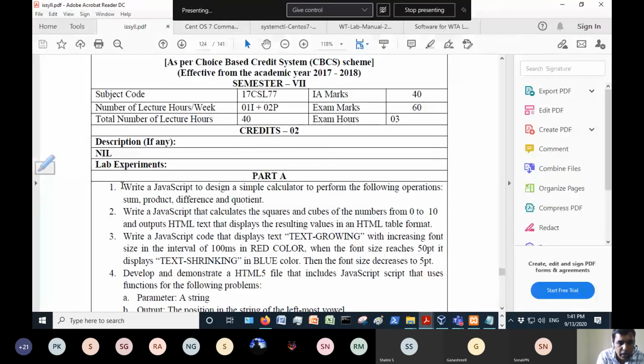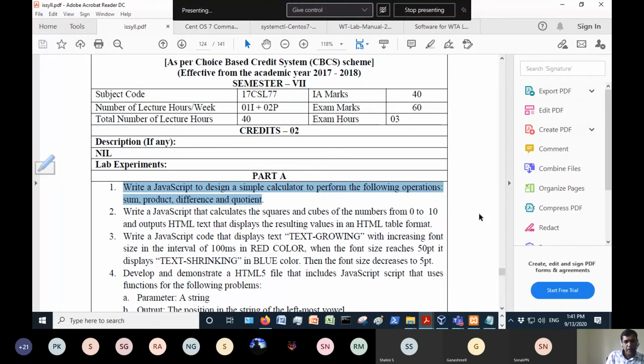Write a JavaScript program to design a simple calculator which performs the following operations: sum, product, difference, and quotient.